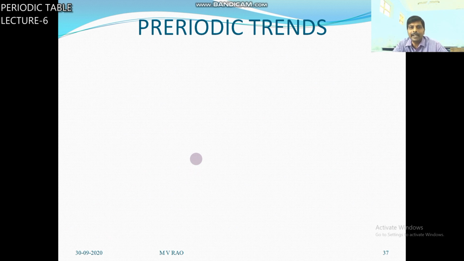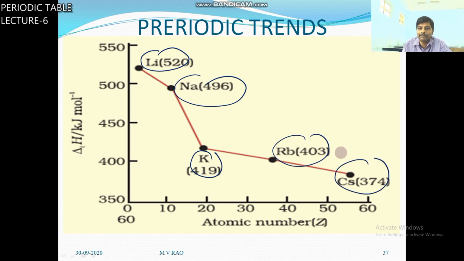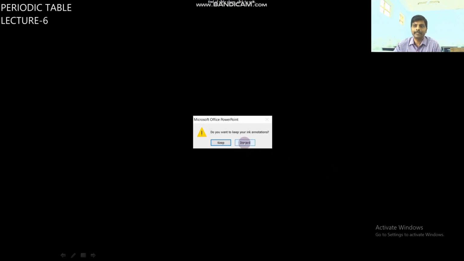So that is about the periodic trend of ionization potentials. You can see here in a group, lithium, sodium, potassium, rubidium, cesium: from top to bottom, IP values decrease. So it is about IP. What are the units of ionization potential? Electron volt per atom, kilocalories per mole, or kilojoules per mole. Okay, thank you. In the next class, I will explain about